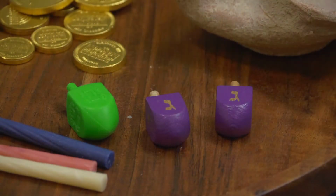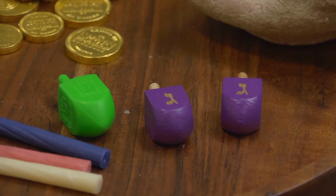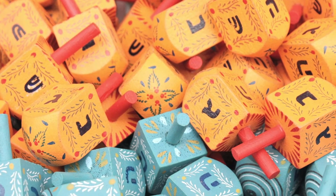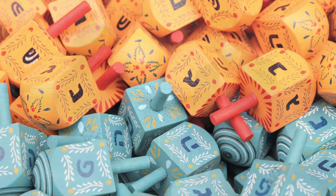You can see that we have a number of different kinds of dreidels that are in front of us. We have wooden dreidels. The green one is made out of plastic. On each dreidel, which really just means top or spinner, you have a letter. The letters are an acronym. They all form a sentence once you put them together that tells us the story of Hanukkah and the story